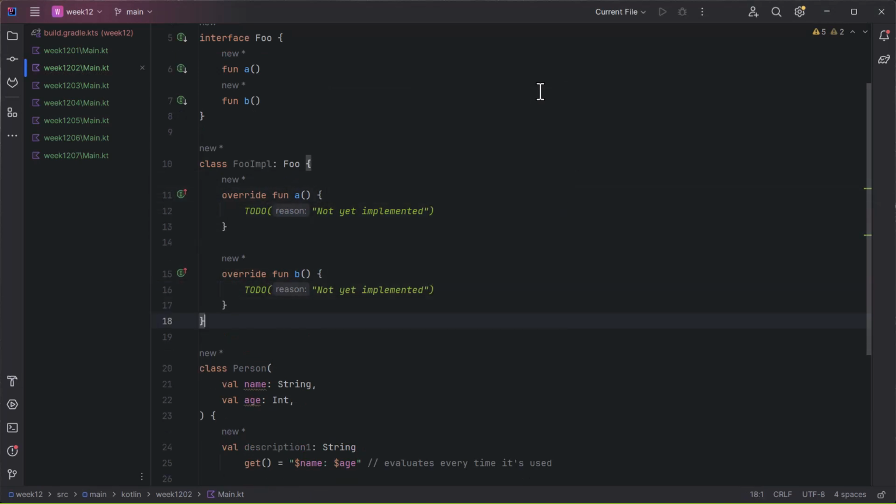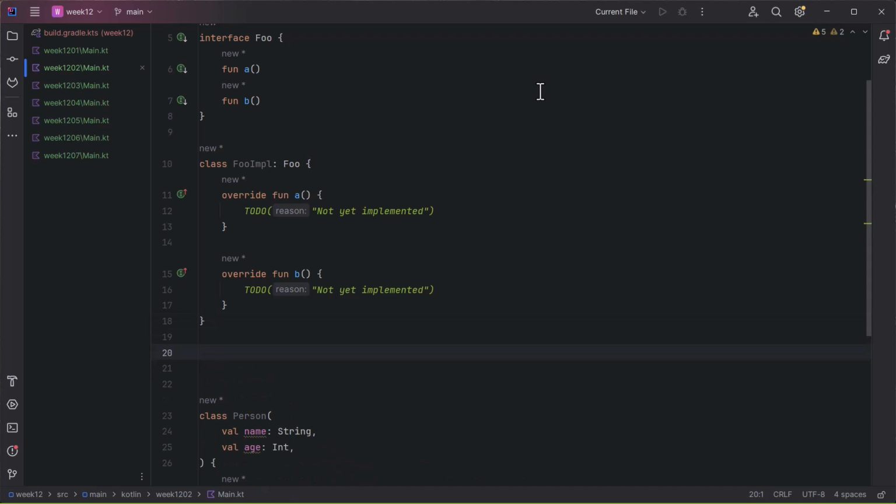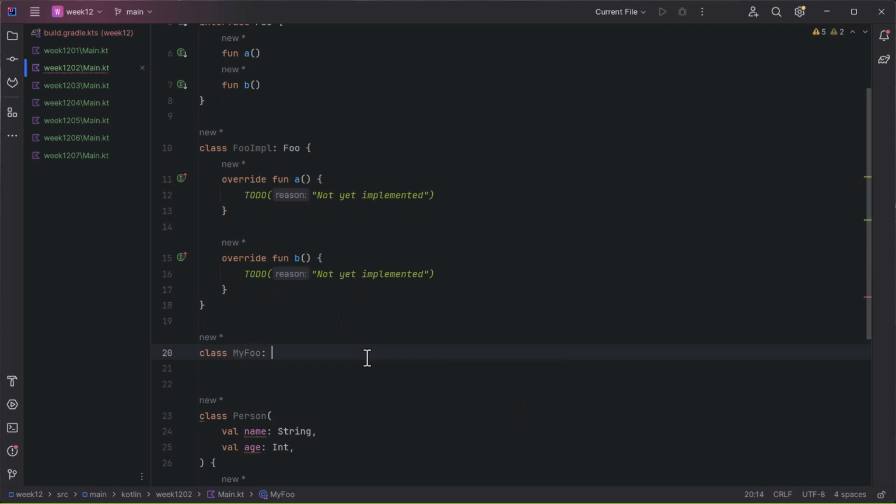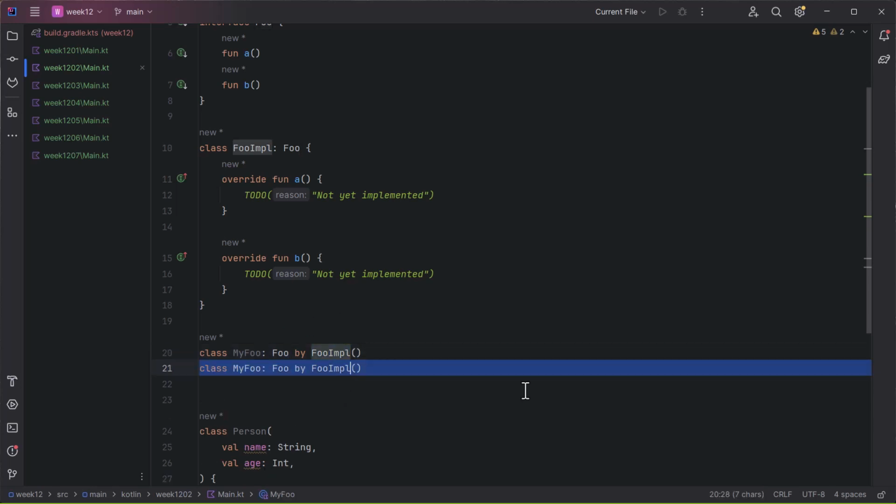And then maybe we have somebody who's using that but wants to delegate to it. So if we want to reuse this functionality, maybe I have my foo, which is a Foo by FooImpl, something kind of like that. And so what that does for me is it delegates all the functions of Foo to this object that I've created, or